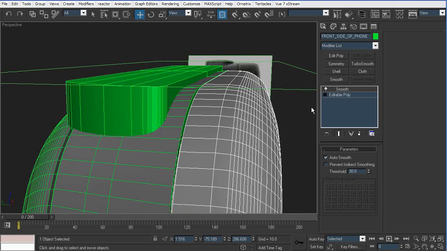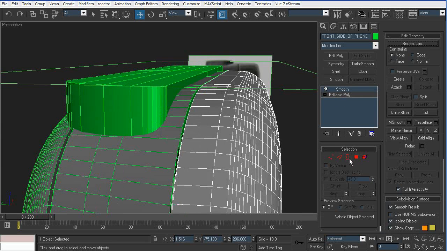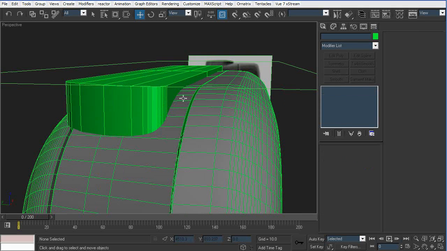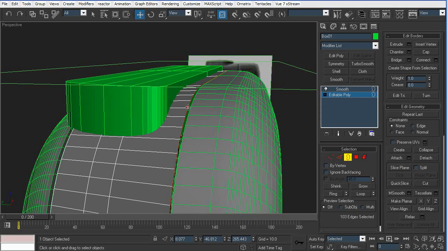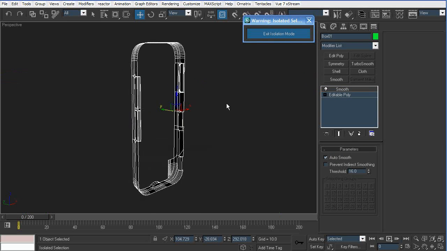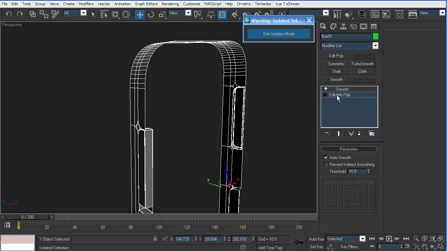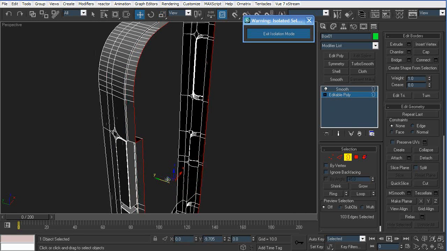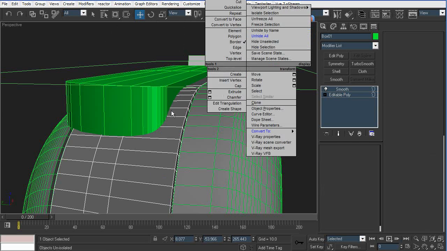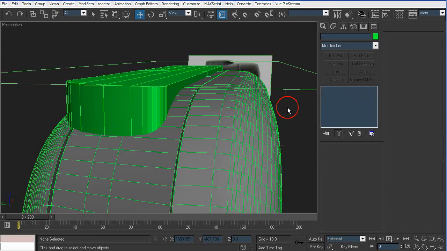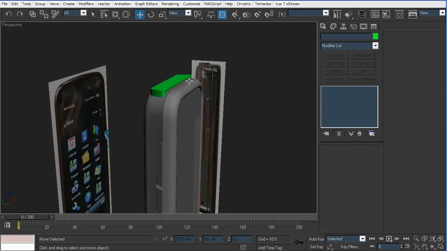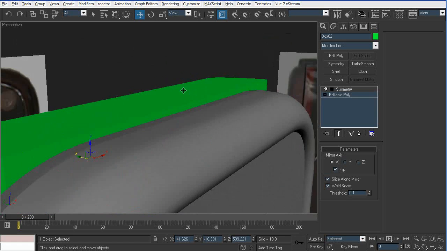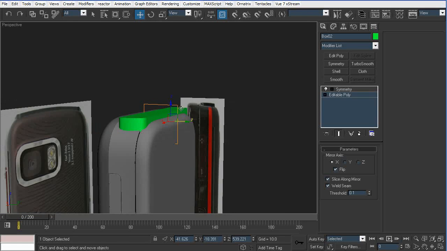And that, I think, is not looking too good. So I'm going to cheat again and visit isolation mode. Make a border, scale it down, just like so, and extrude forward. Alright, so this should take care of that little pesky problem. Yep. Okay, now